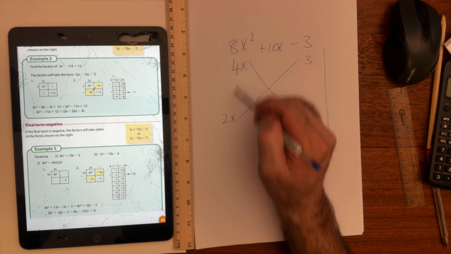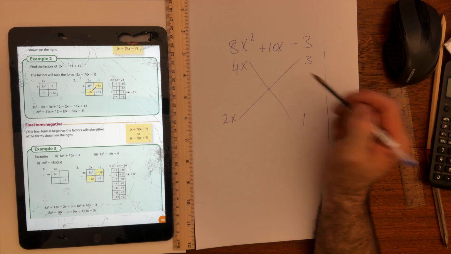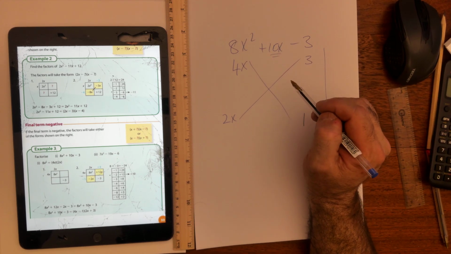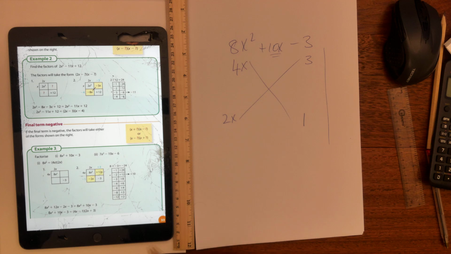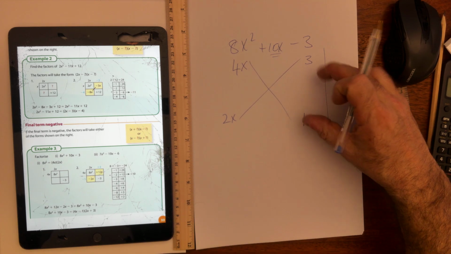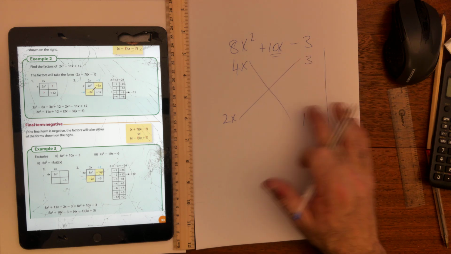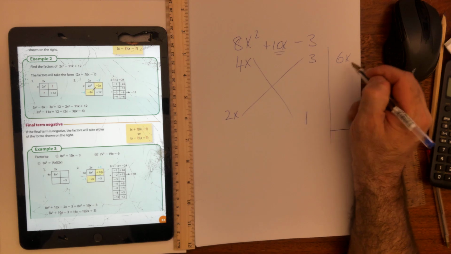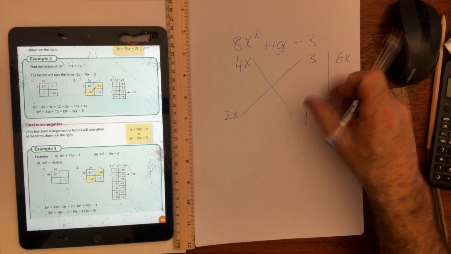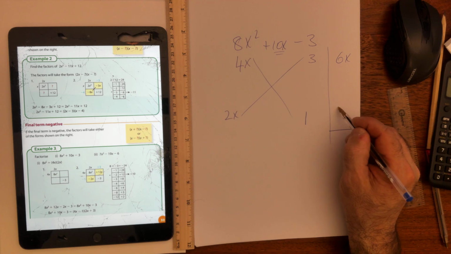Well, this has to be an x term and an x term, and the two numbers have to multiply to 8. This is even, and there's very little other ways except even, unless it was 8x and 1x. That wouldn't be allowed because I'd end up with an odd there. Okay, I still could be upside down, and one will be positive and one will be negative. So what we're going to do here is subtract. So it's trial and error now. I mightn't be right yet because this could swap, but at the moment I have 6x worth and